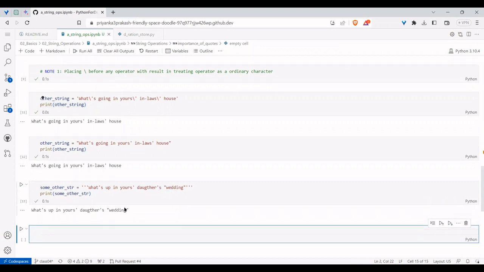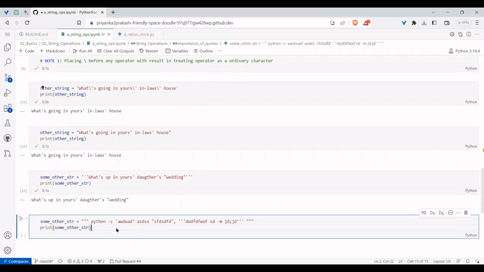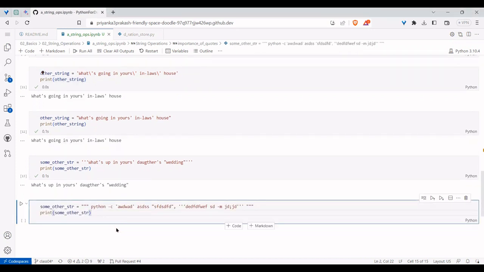So the point is, whenever you're working, we need to take the quote type which is not there inside. And hope you remember, I showed this Python -c command where you want to do some actions where single, double, even triple quotes are also there. In that case, you go with triple double quotes.